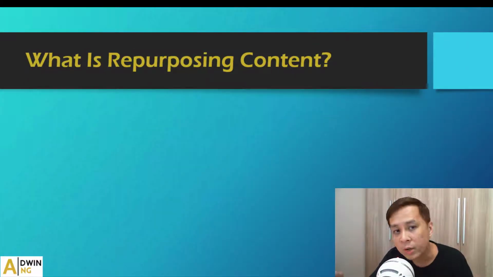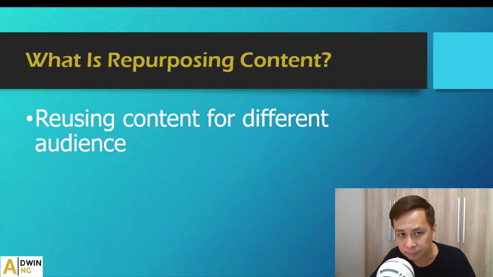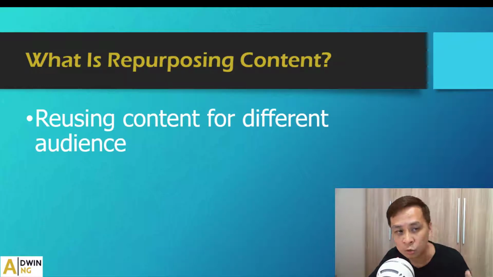So what is repurpose of content? Well, basically it's about reusing content for different audience. I'm sure that over the years you have created a lot of contents, be it travel photos or travel videos or videos for events, and some of the content you can reuse and repurpose for different specific purpose